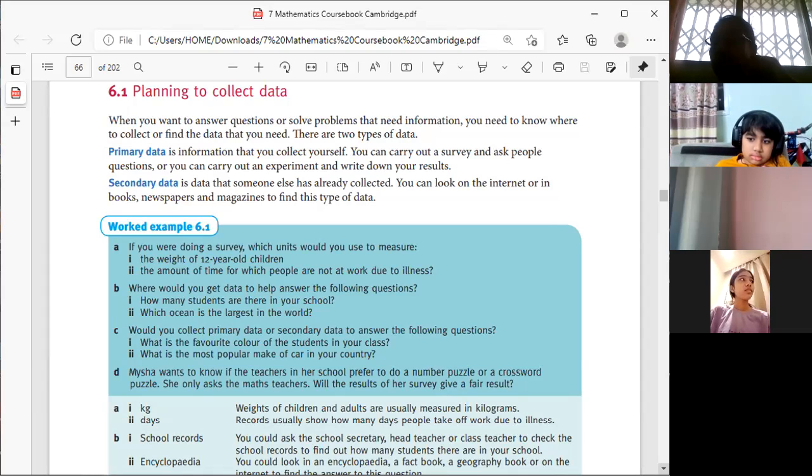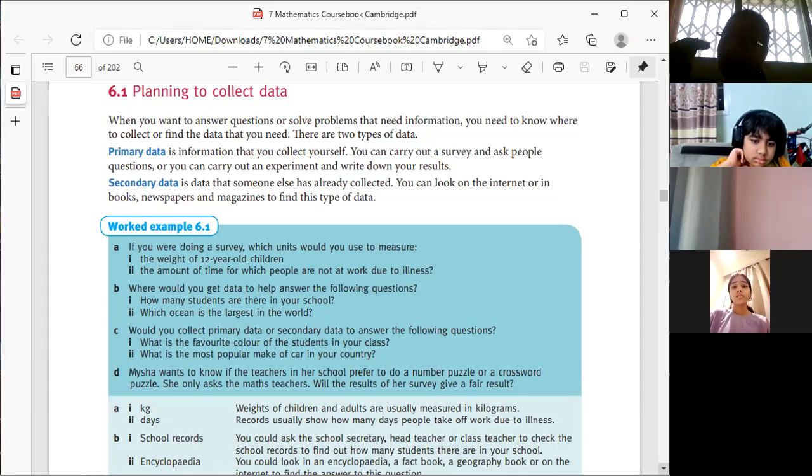Okay, that doesn't mean only you have to do it. Somebody who is doing it personally is also called primary data. That means Advait went and personally took a survey, primary data. Shamila goes and takes surveys, again primary data. Getting it? Secondary data is what someone else has already collected.